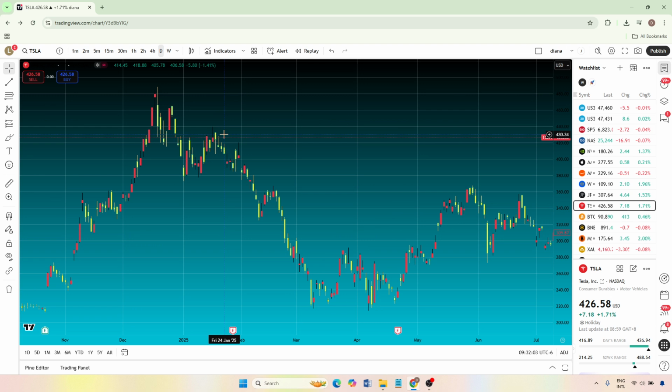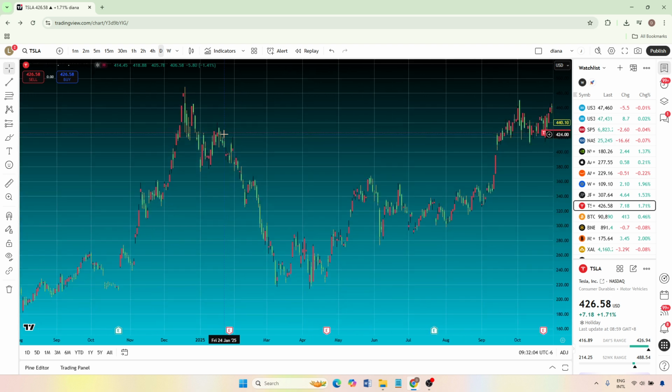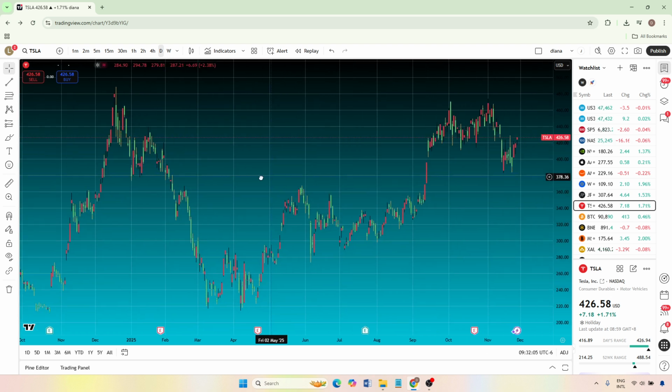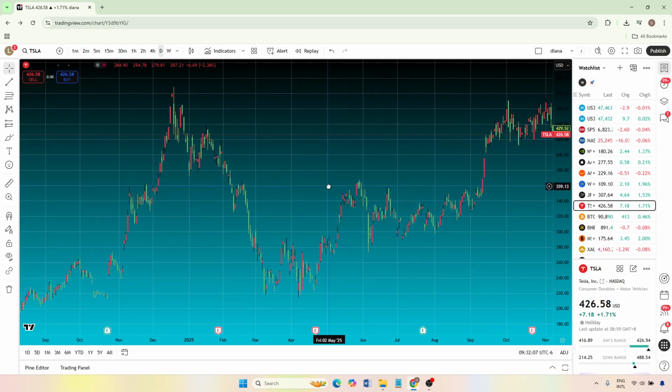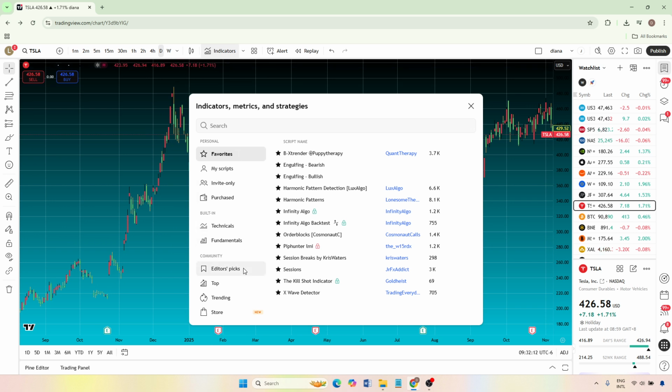Let's start on your main chart screen. At the top of the chart, you'll see a toolbar with several icons. Look for the one labeled Indicators. It usually sits near the middle of that top bar. Go ahead and click on Indicators. This opens the Indicators and Strategies window, which is where you can search for and add almost any tool to